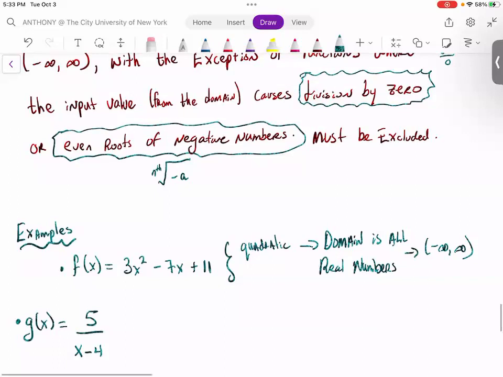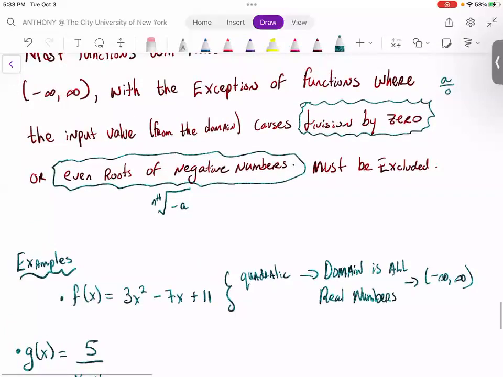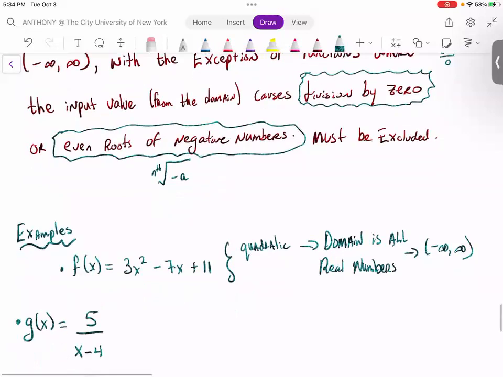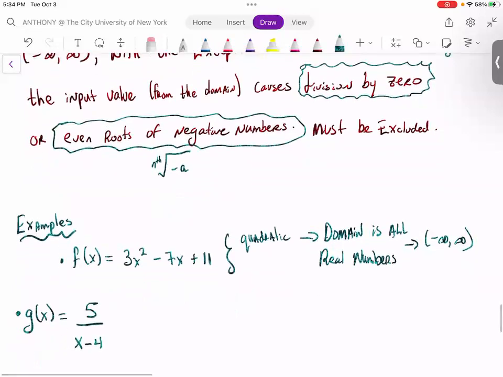Well, because it resembles a fraction, look at our reasoning or causes for excluding an input value. If you have a division by 0, there is going to be a value of x that makes that denominator 0, right? If you just set the denominator here, x minus 4